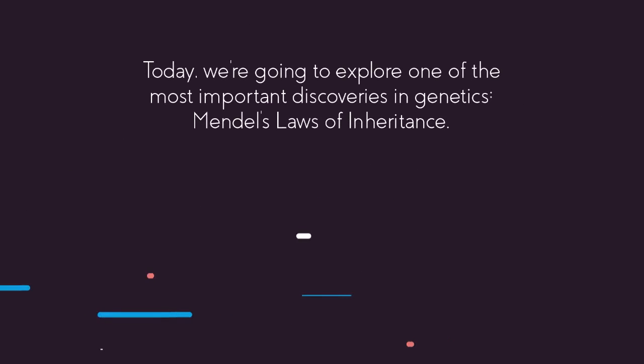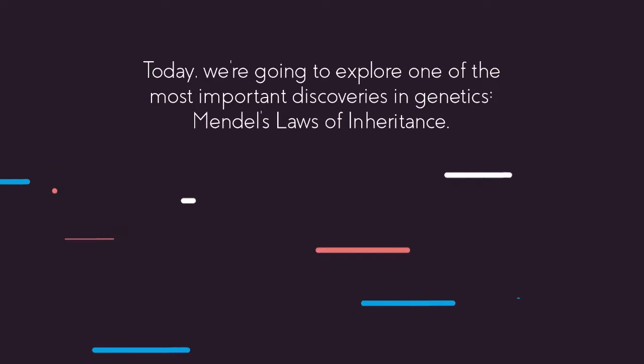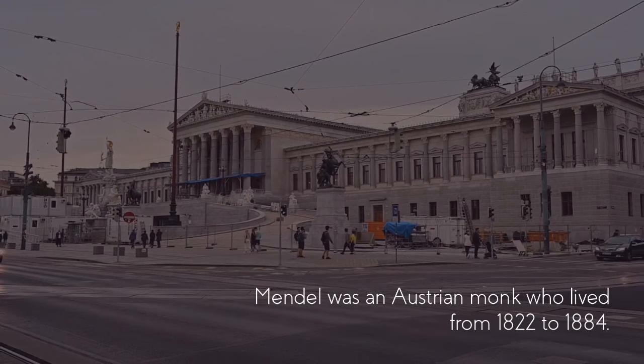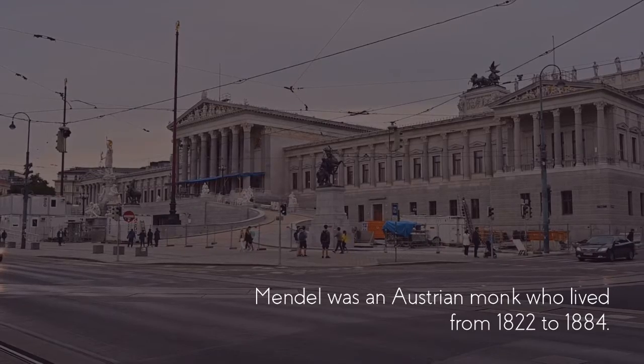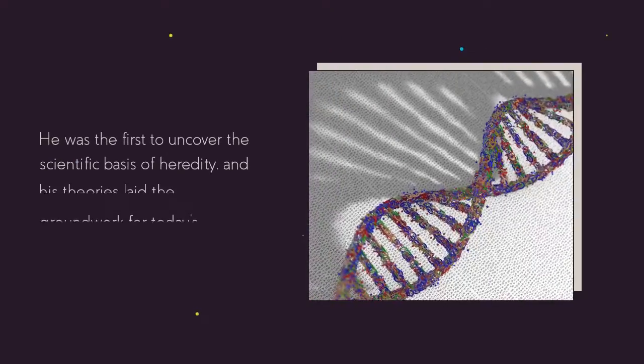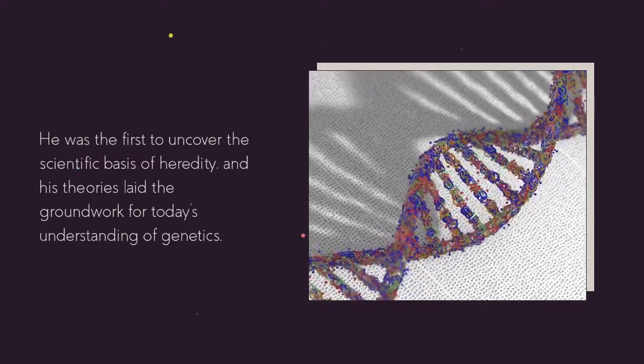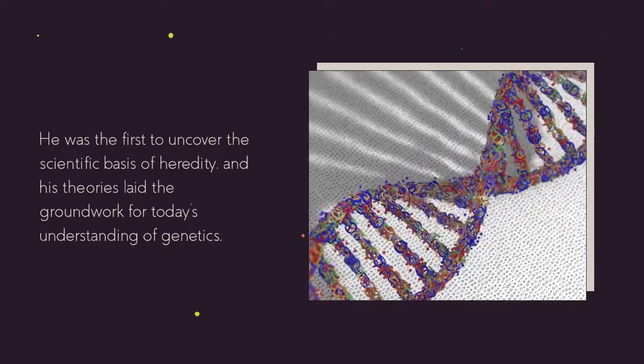Today, we're going to explore one of the most important discoveries in genetics, Mendel's laws of inheritance. Mendel was an Austrian monk who lived from 1822 to 1884. He was the first to uncover the scientific basis of heredity, and his theories laid the groundwork for today's understanding